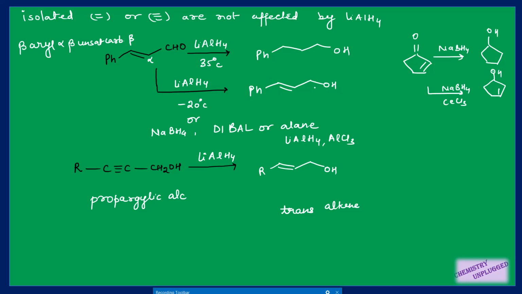If you remember from the Claisen-Book summary, I have told you that direct addition is more feasible when you have active carbonyls. Conjugate addition is shown by less reactive carbonyls. Because aldehyde is more reactive than ketone, this alpha beta unsaturated aldehyde will show direct addition with NaBH4 instead of conjugate addition.